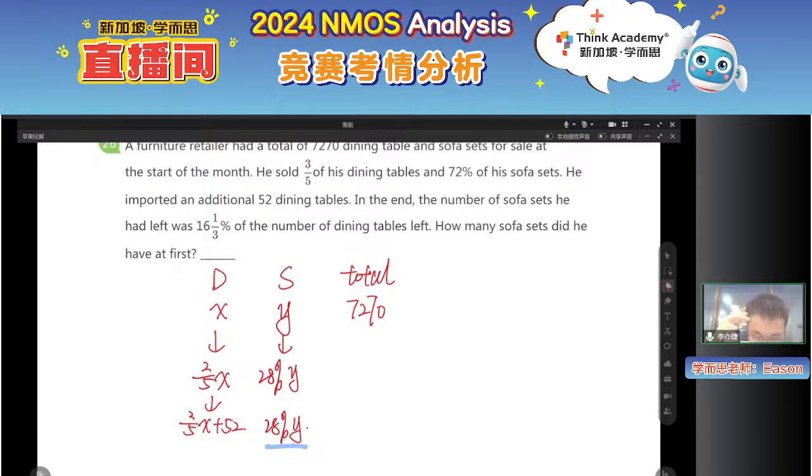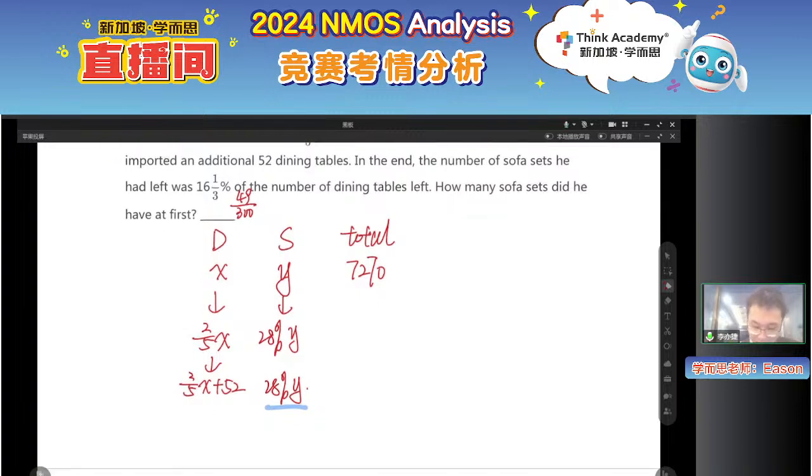So actually this is, we make it into 300, right? So this is something like 49 over 300. And this is we like it, right? So now the sofa is this percent of the dining table. Which means we have two equations. First, x plus y equal to 7270, and then